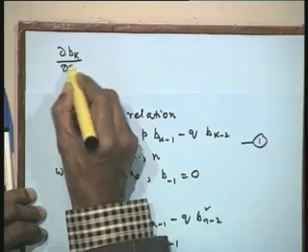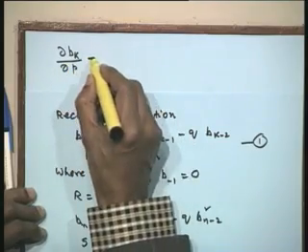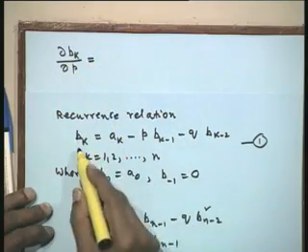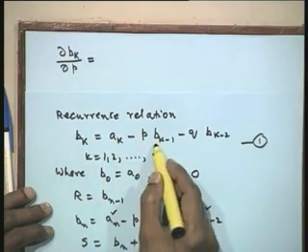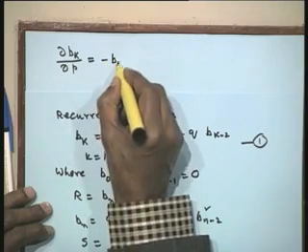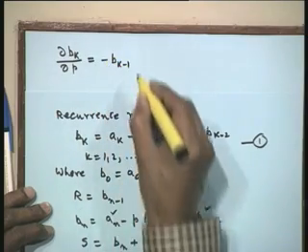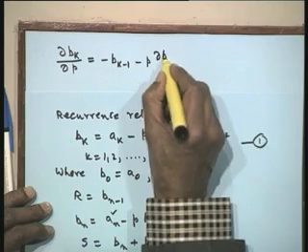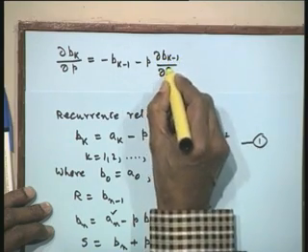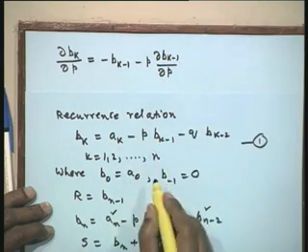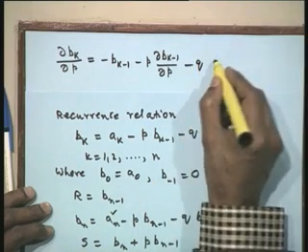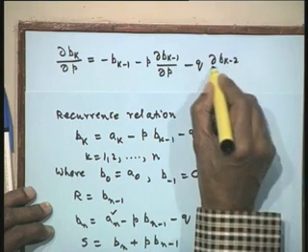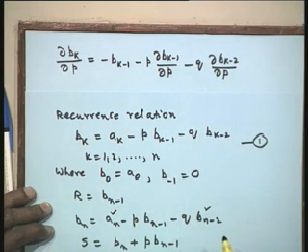So, I will have a derivative with respect to p. Now, a k is independent of p, so there will be no contribution from here. There will be contribution from this product, it is a product of 2 terms. So, I will have minus b k minus 1 minus p partial derivative of b k minus 1 with respect to p, that is the product of these two terms. q is independent of p, so I will have only one term from here: minus q partial derivative of b k minus 2 upon delta p.